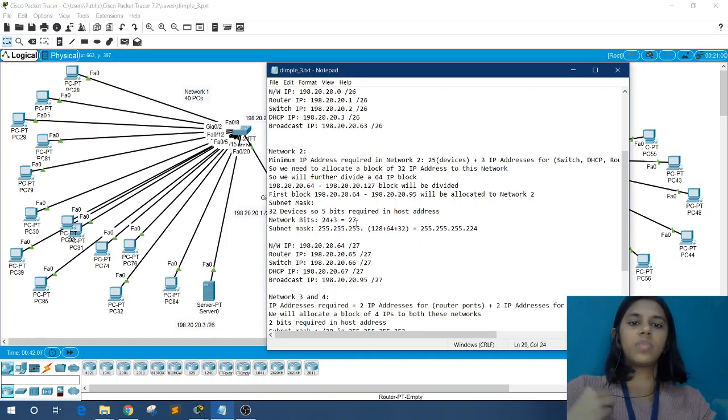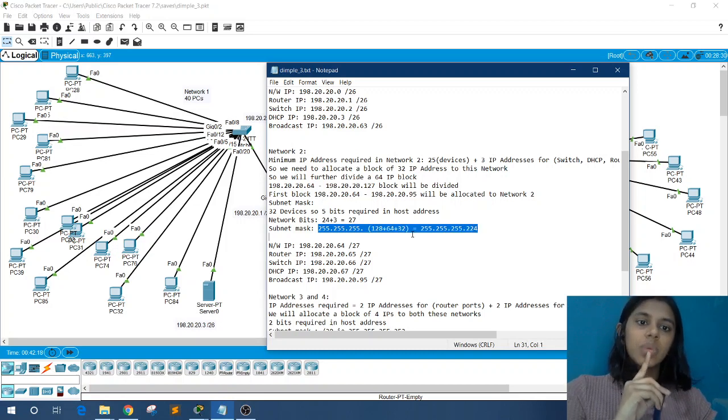And so we have 24 plus 3 is equal to 27. So now the total network bits that we have is 27. 3 we stole from the host for our subnet. So the subnet mask is 255.255.255.128 plus 64 plus 32. So we have it as